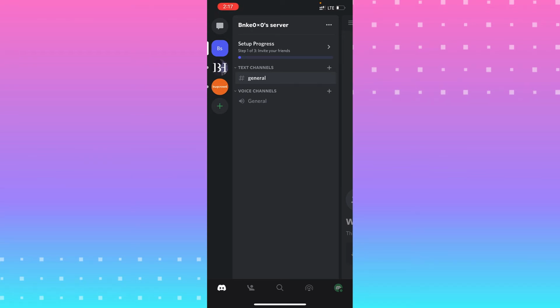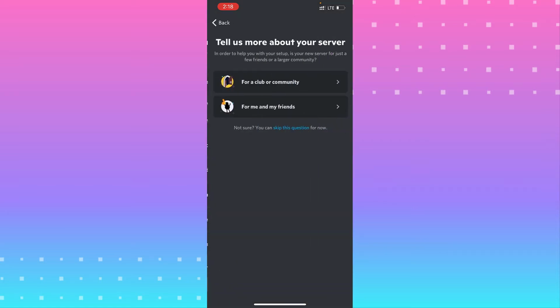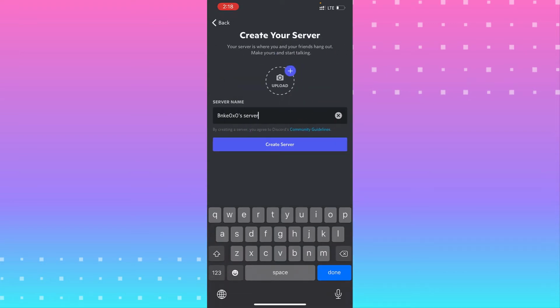Today I will show you how to make a custom welcome message on the Discord app. The first thing you need to do is make a server of your own by hitting the plus icon in the left middle. You see, create my own, and create a group for community, friends, etc. Make your server like